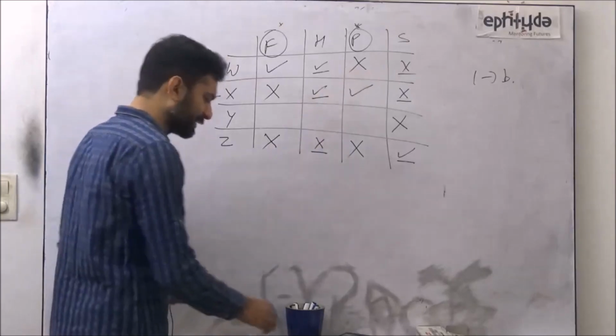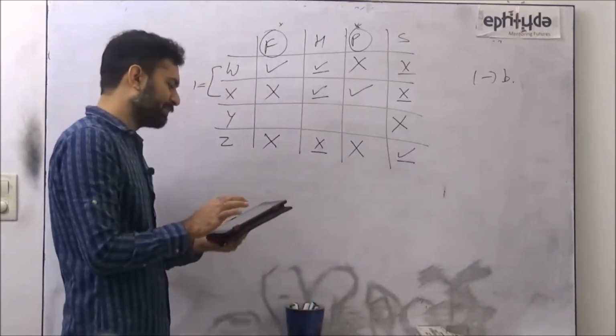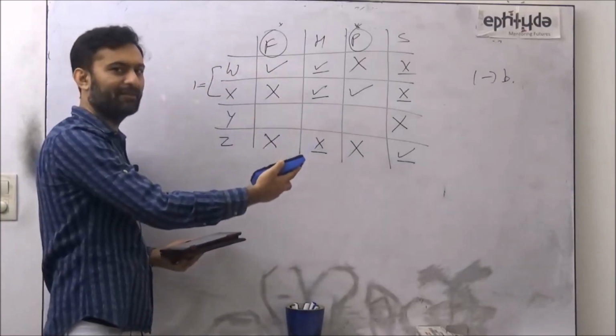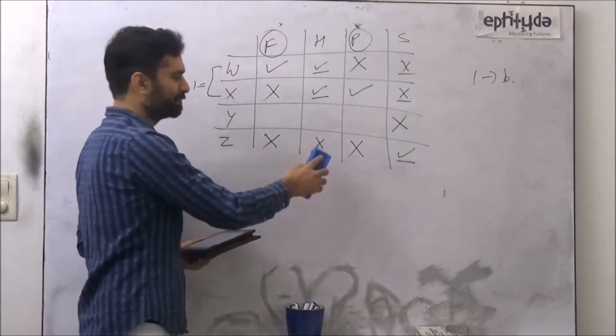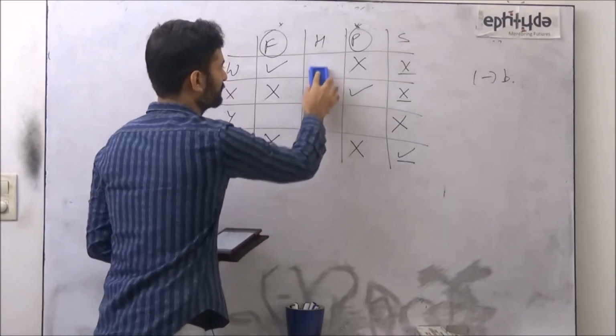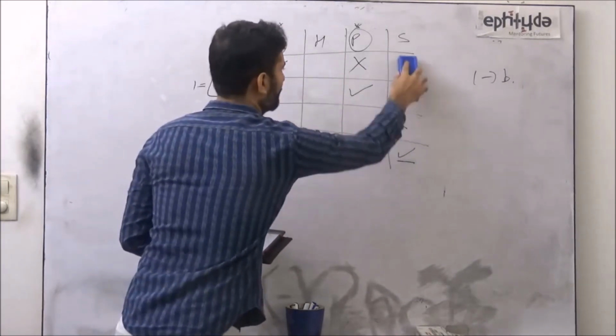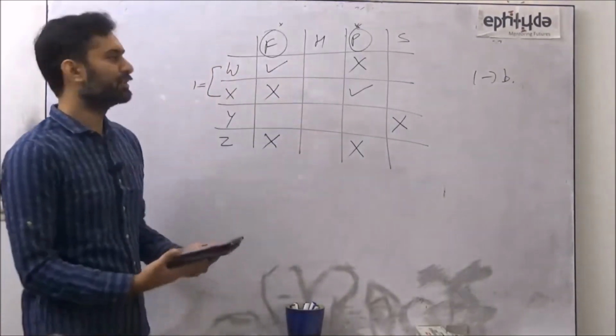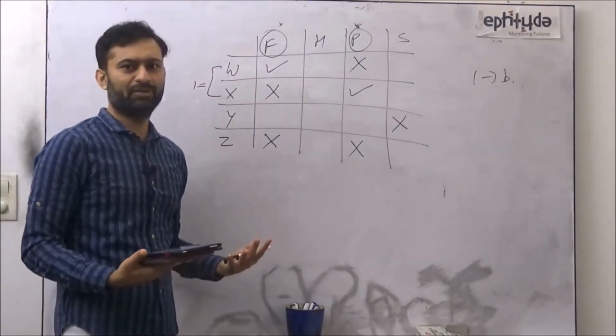Okay, so first the answer is B. The moment I get B, I leave it there, and now see, because it's a table and I have used pen and pencil, if it is pencil, I can simply erase this. Otherwise, I have to remember which one to erase or have to use this information again. So now my table is again ready for use.